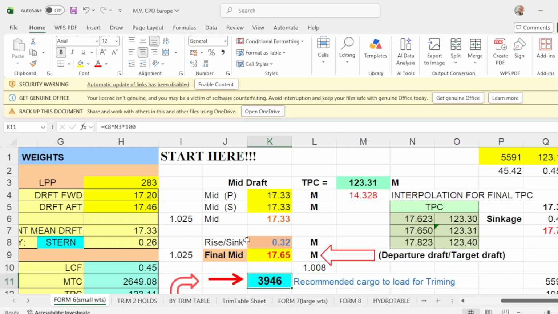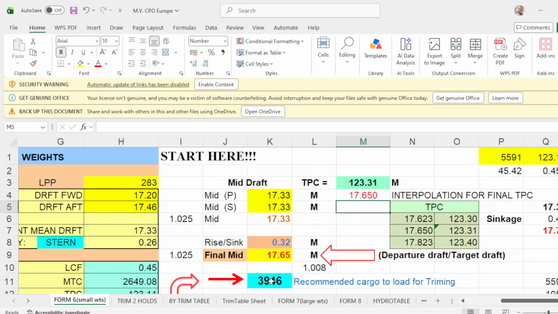That will be your sink gauge times M3, column M, row 3, that will be the TPC of 123.31 times 100. So how did I get this? That this should be 17.65.